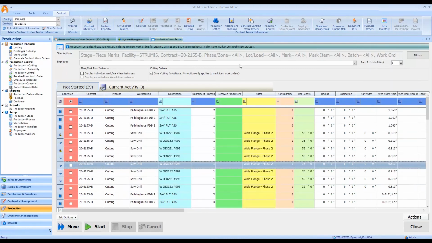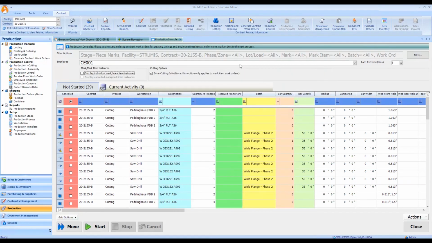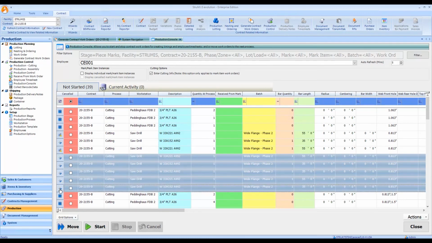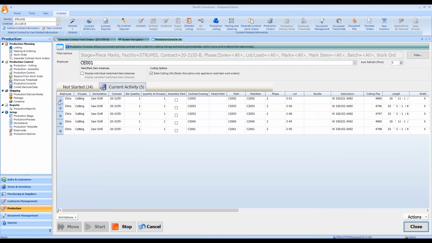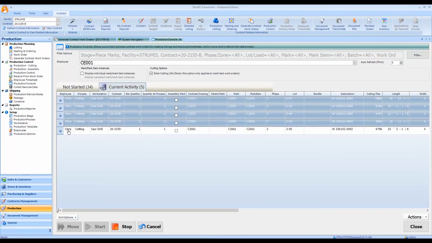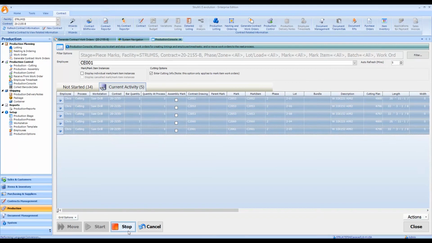So for our next step, I'm just going to specify an employee. So we'll put Chris on for that. And I'm just going to grab a few of these lines and hit start. We're going to generate a quick timesheet from those. So they've now moved into currently active. I'm just going to grab all of them. So I'm just going to stop those